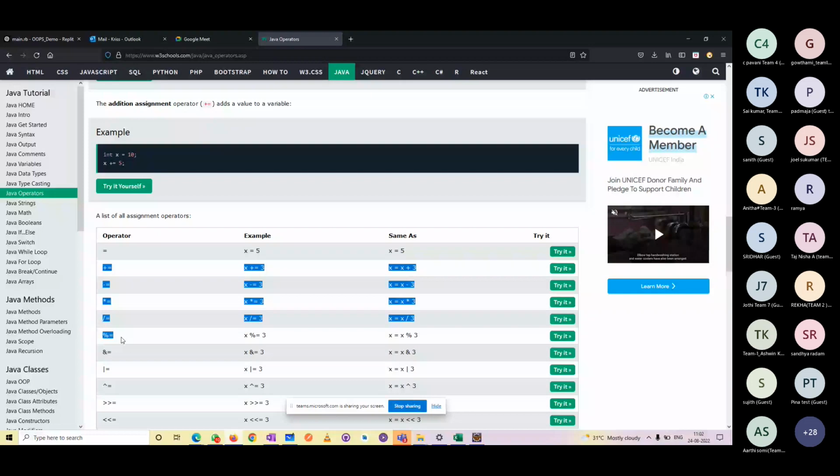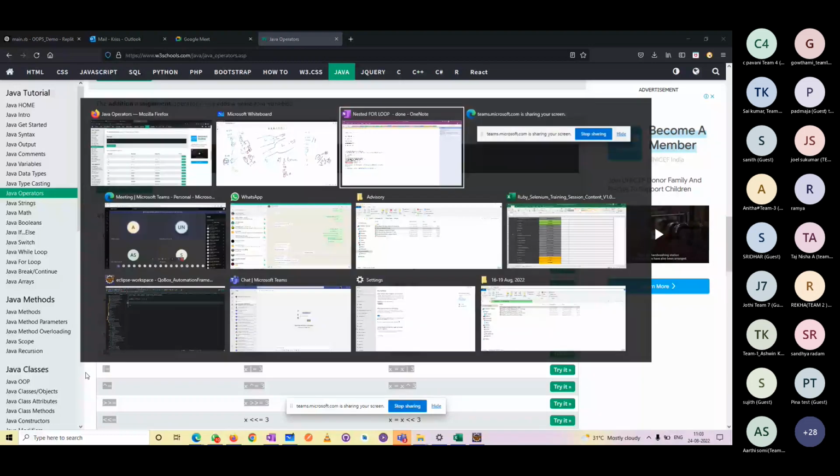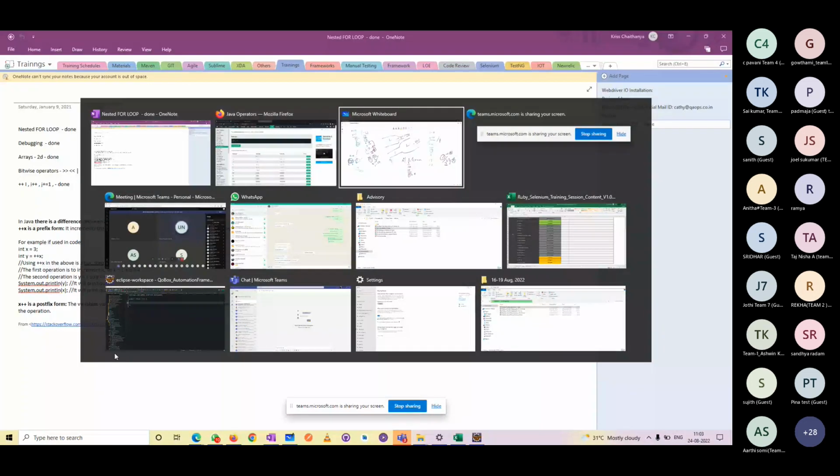Now, I told you, right, we will not touch these operators. You leave these particular operators as of now; we will talk later, because these operators are related to the bitwise operators. When we go to the bitwise operators, you can understand them. Now if you see here, the next one is